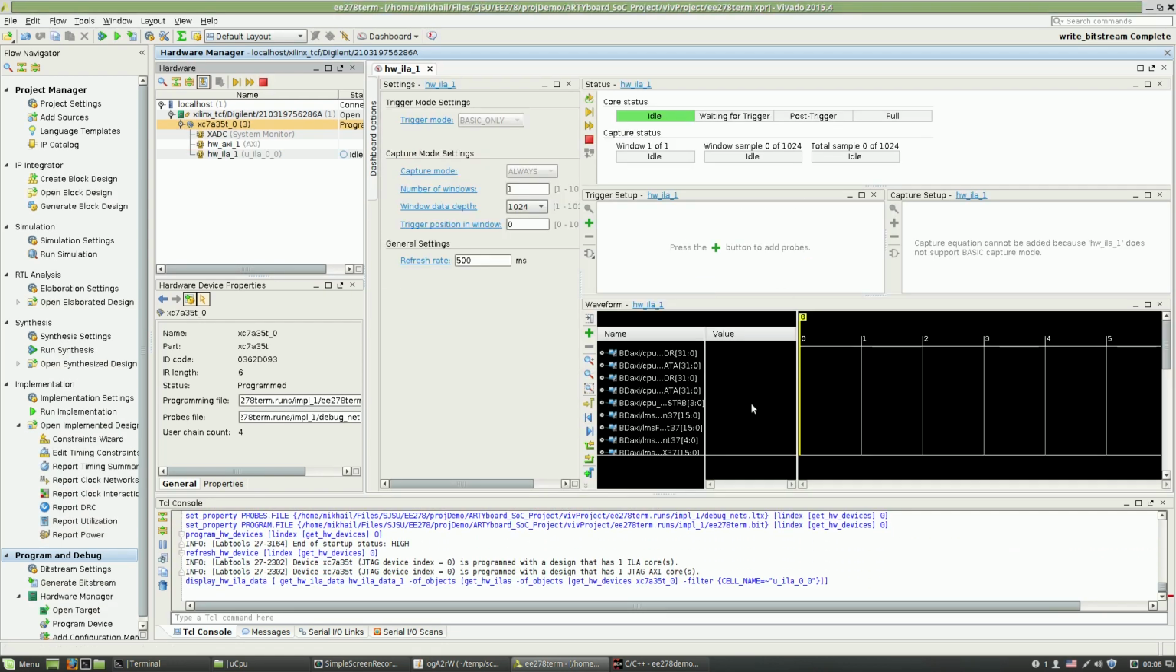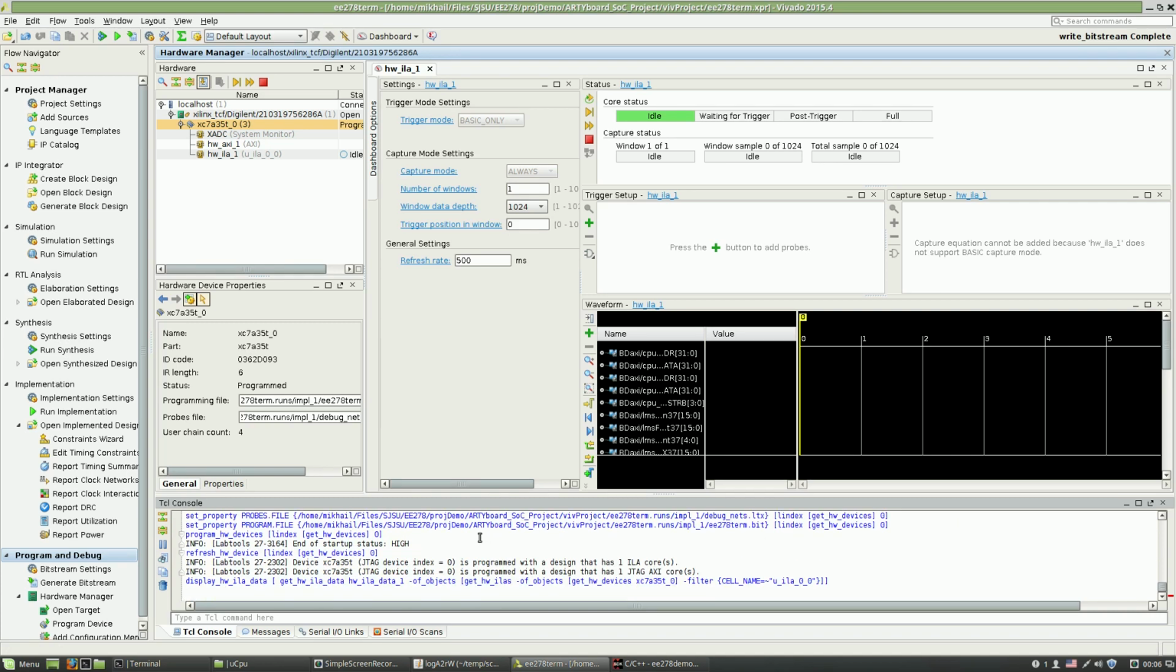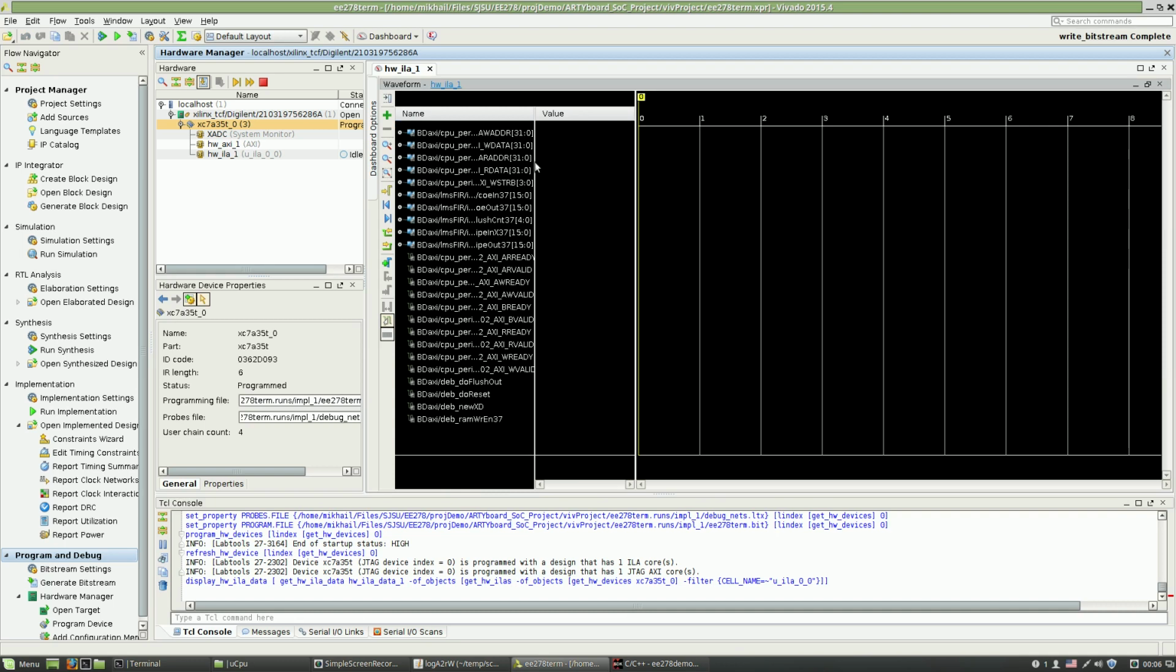FPGA is programmed. By the way, notice that you had some error message earlier. That is because my board has another design pre-programmed into its flash memory, so Vivado is noticing that the ILA probe mapping does not match between that design and the design that we just generated. You can see the new ILA window, which shows all of the ILA probes currently configured,